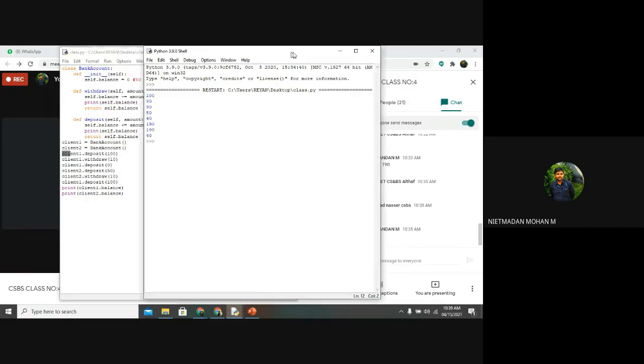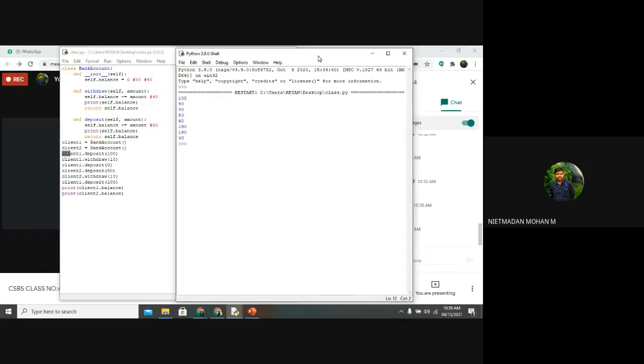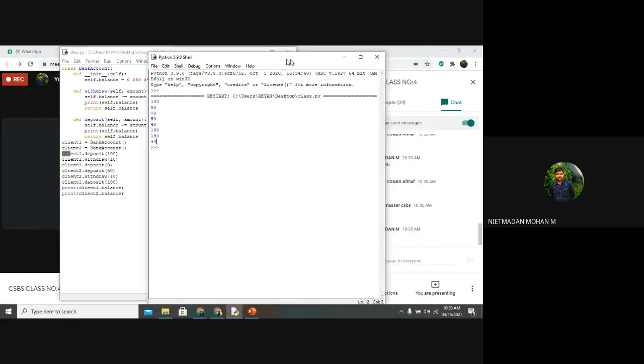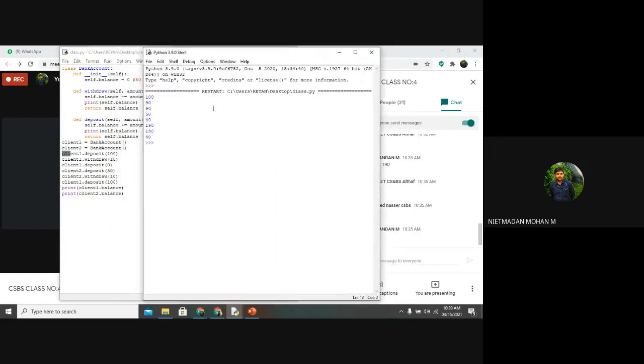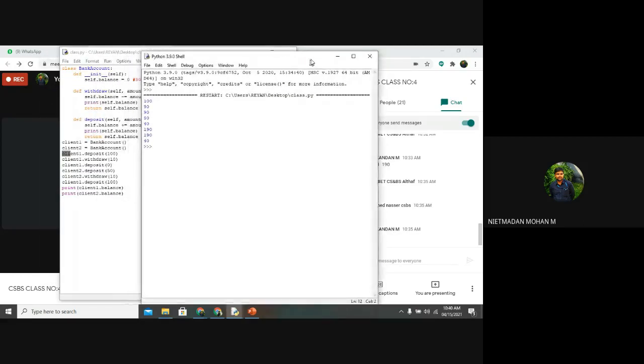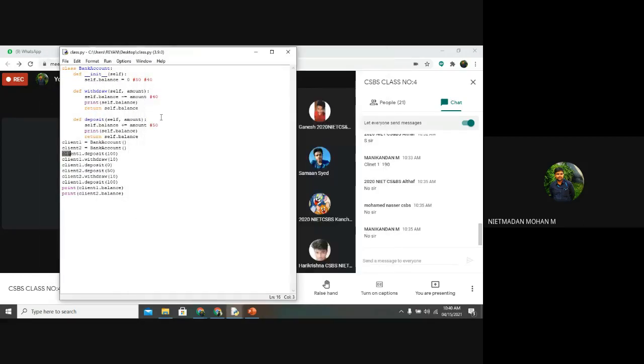This is a basic class creation method and object creation method. With the same structure only, we are going to do all the programs in your subjects. It means in the data structure subject, the same declaration and same calling of an object, we are going to do all the programs. So please be thorough with this example program. There are three things you want to be very clear about.